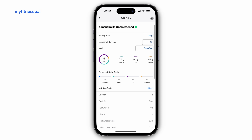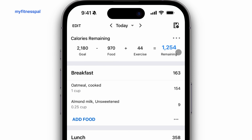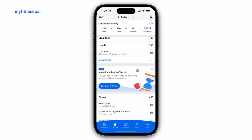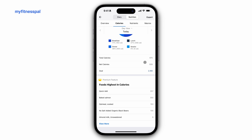Click the check mark in the top right when done. Now, if you want to see even more detail about how you're progressing toward your calorie, nutrient, and macro goals for the day, either tap on the Calories Remaining banner or scroll all the way down to the bottom of your food diary and tap on Nutrition. This will reveal a lot of daily nutrition information for you to explore, and if you're a premium member, even